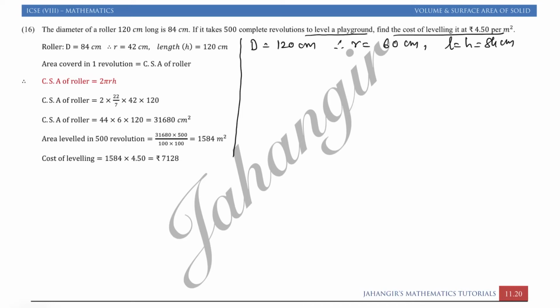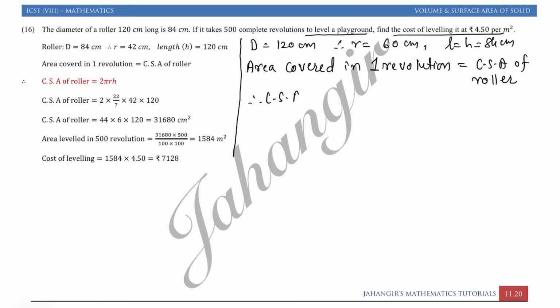So first we will find area covered in one revolution. That is equal to CSA of roller. So therefore for CSA we will find 2 pi RH. So 2 into 22 by 7 into radius is